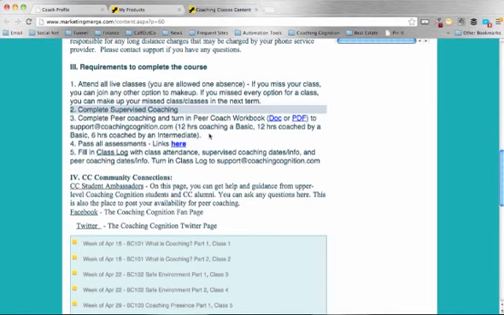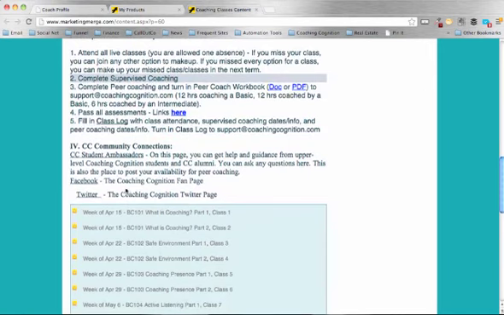I would really encourage you to start doing that now, because again, coaching classes are 12 weeks long, so if you start doing one every week, you won't fall behind and you'll just stay right on pace. Pass all assessments, again with a link here, and then fill in the class log, so make sure to turn all that in. So in addition to that, just note that there's the CC Student Ambassadors page right here that